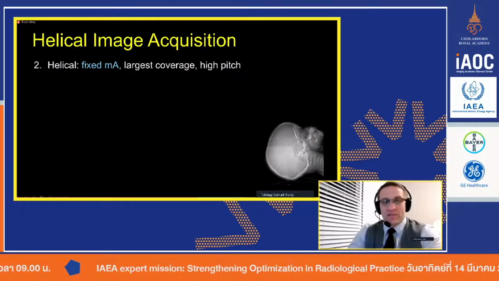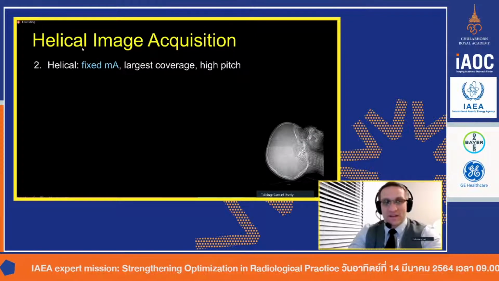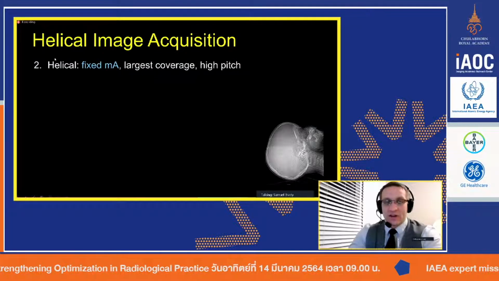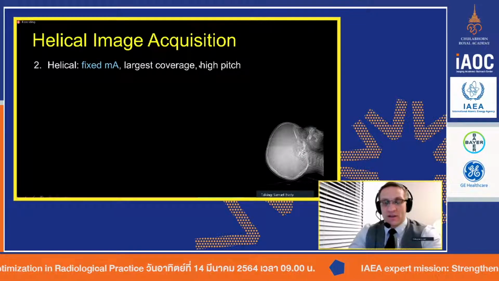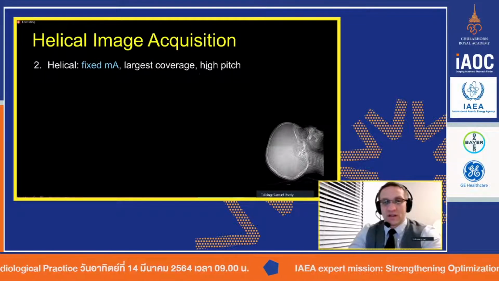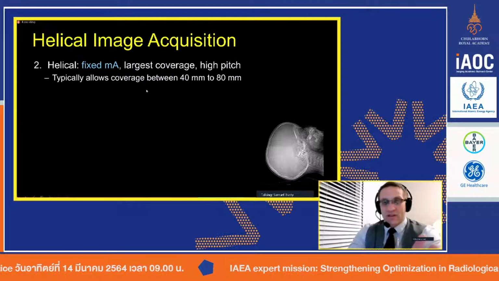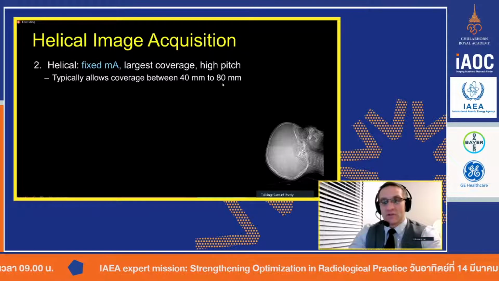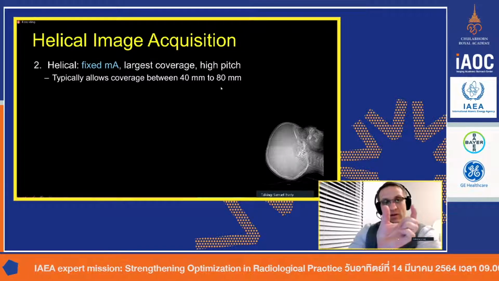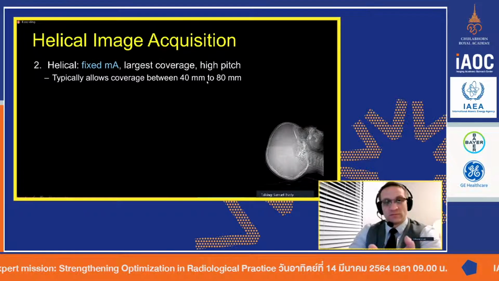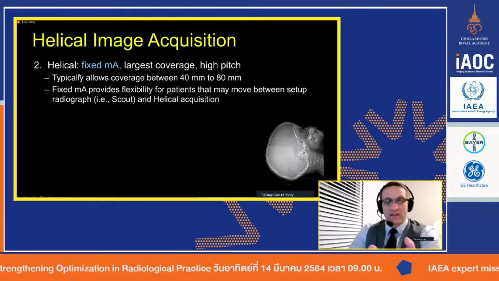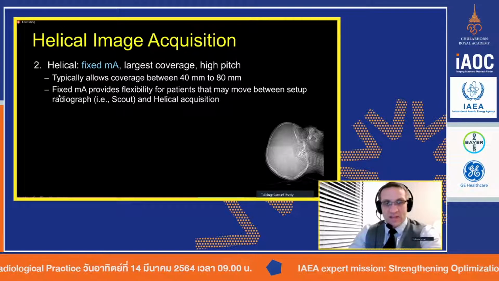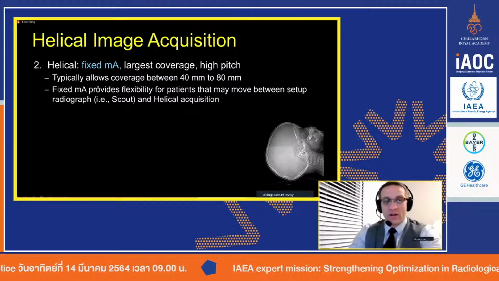All right, so the next option is helical using a fixed MA, and we're going to use the largest coverage possible with a helical acquisition. And to make it as fast as we can, we're going to use a high pitch technique. So most scanners are going to be limited to roughly somewhere between 40 to 80 millimeters total beam width when you're using helical. So if we set it up and we acquire the